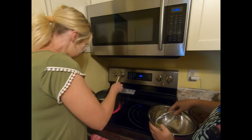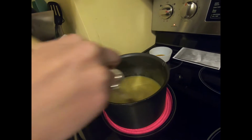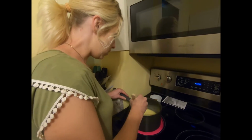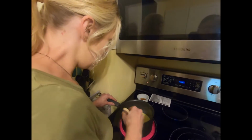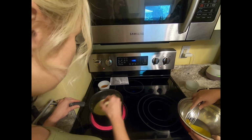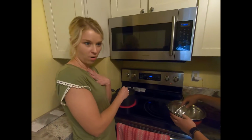And we're gonna wait for this. This is starting to get thick. All of the ingredients are starting to incorporate. Our butter was partially melted, but not all of the way. So we're gonna wait for the rest of that butter to melt. We're gonna let the sugar melt. Let it get nice and warm. And then when this is ready, we are going to very slowly,